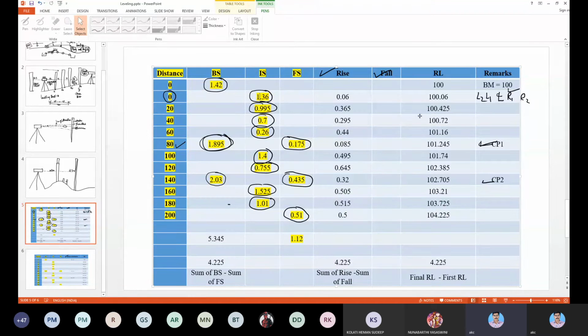When we subtract BS minus IS, 1.42 minus 1.36, we get 0.06. Since it's a positive value, you go on a rise.